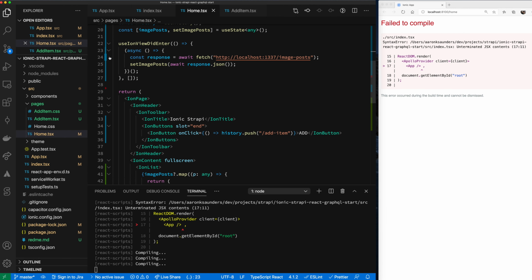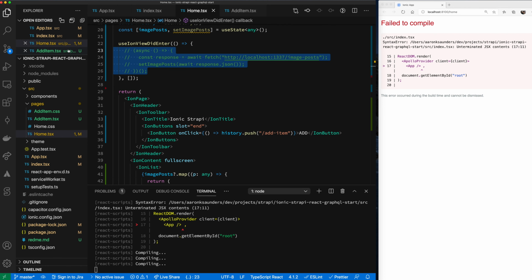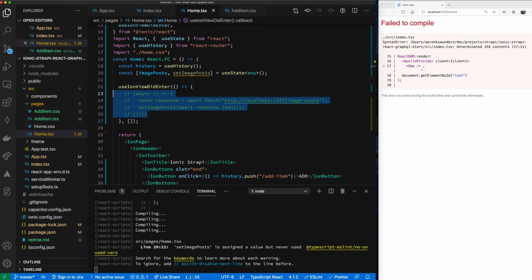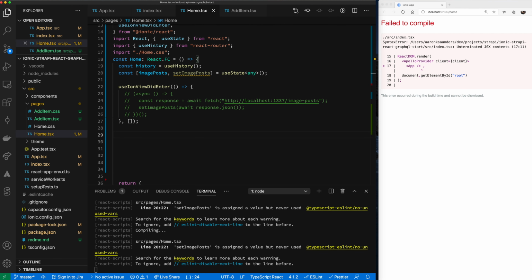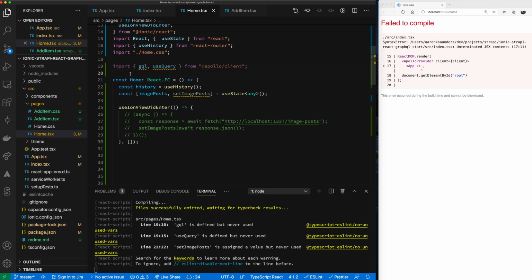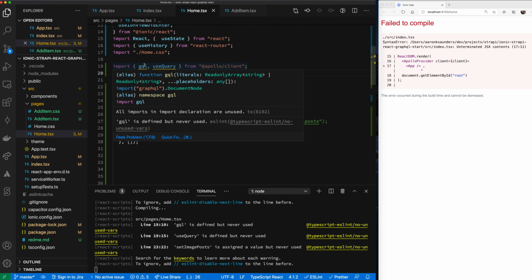Currently in Home, we're doing this async thing inside of IonView.enter. We're going to comment all this out, and we're going to query this data a little bit differently. So let's start to make some room for some GraphQL stuff. When you're working with the hooks, because we're going to use the hooks from the ApolloClient, there's two things that we need to import with that. We need the useQuery hook, and we need GQL to be able to process our queries